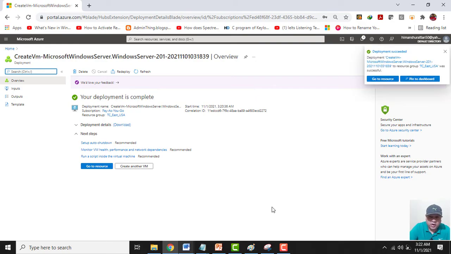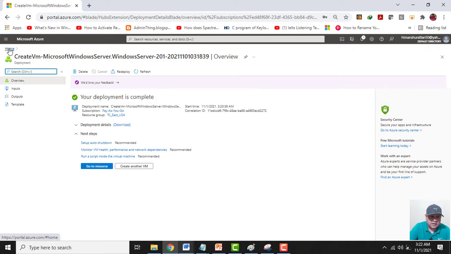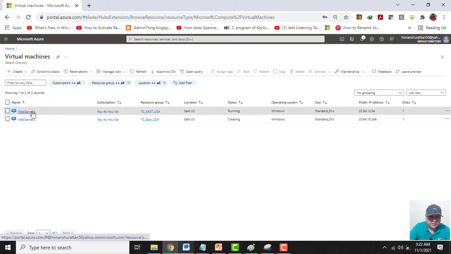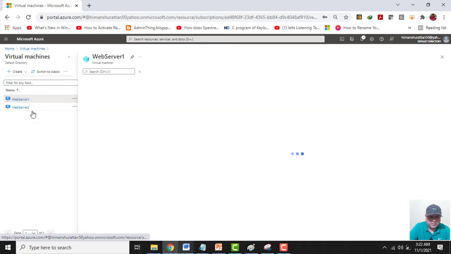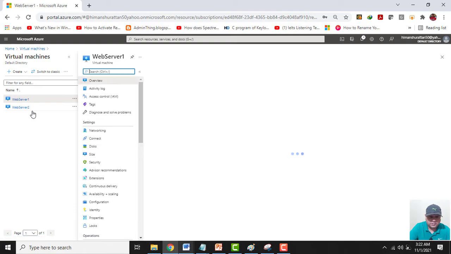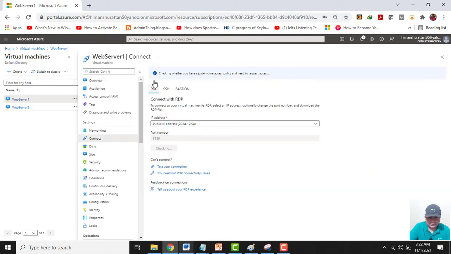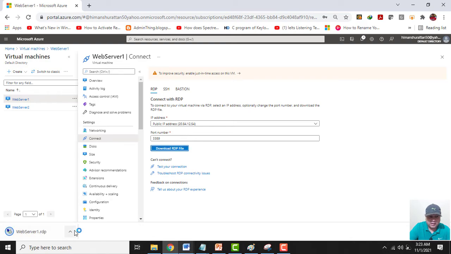Alright guys, so the deployment is complete. So both of the virtual machines are created. Let me go to the first virtual machine to configure the IIS. This is my first web server. Click on connect, click on RDP, click on download RDP file.